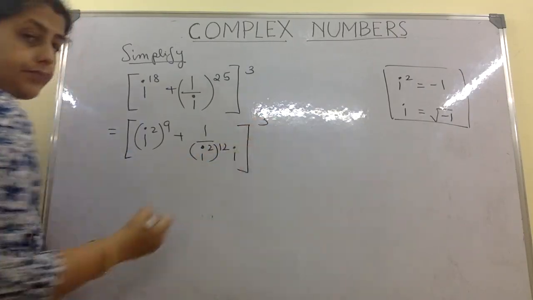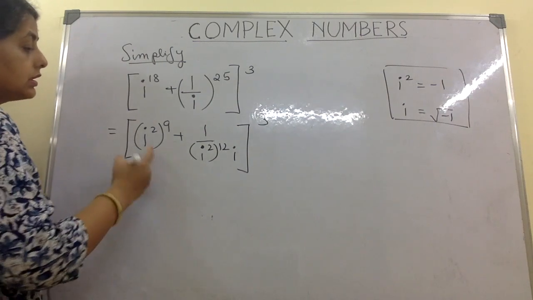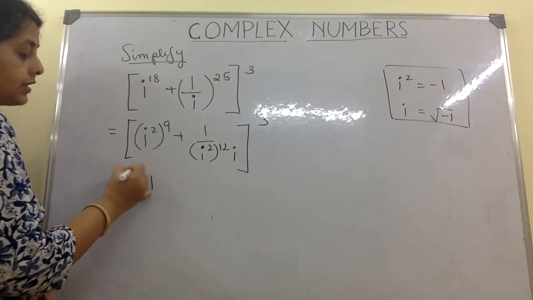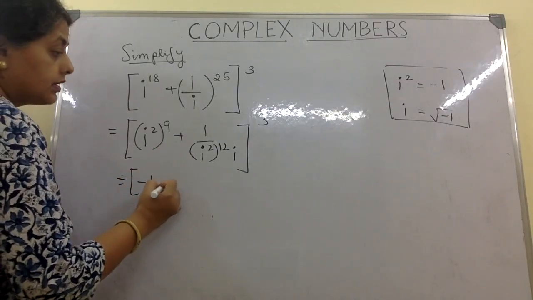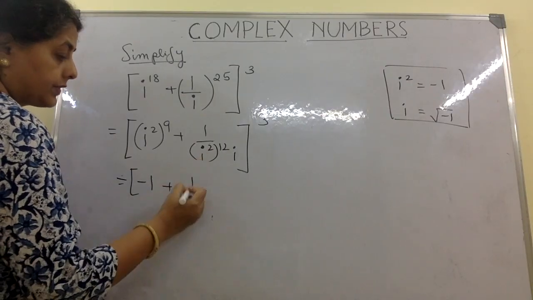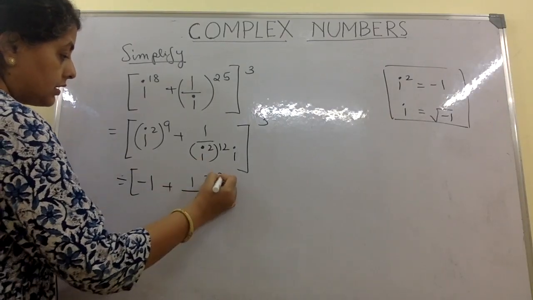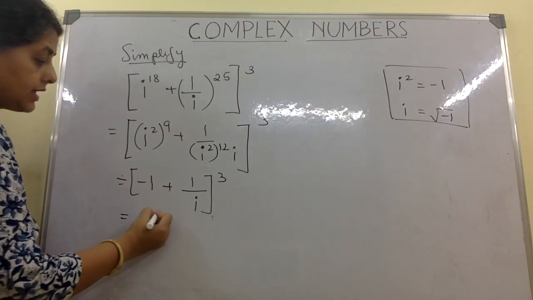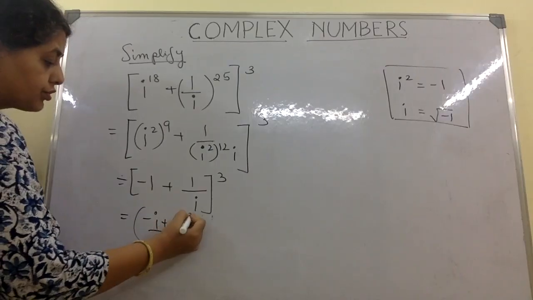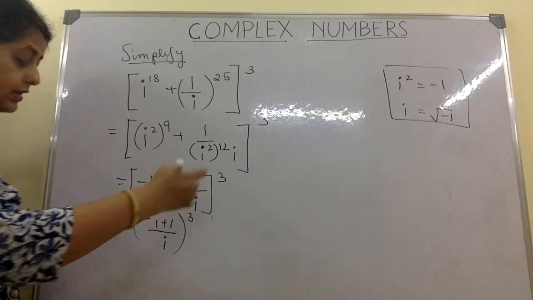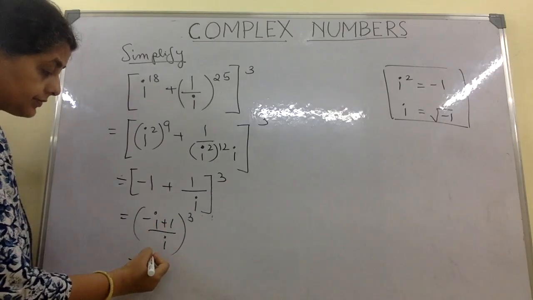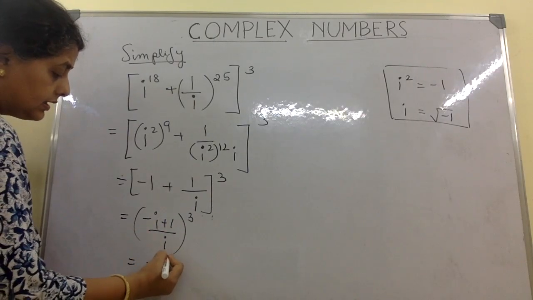Close the bracket. Okay. Now, this is minus 1, so to the power 9 is a minus 1. And here plus 1 by, this is 1. Here i. Okay. Cube. This is minus i plus 1 by i and then cube. So we have really simplified it. Okay, further a little bit more, this is minus i cube